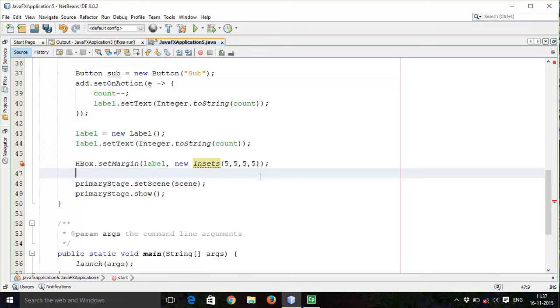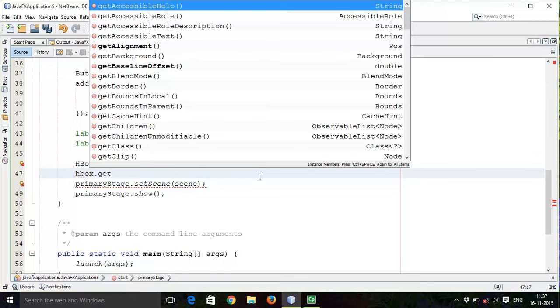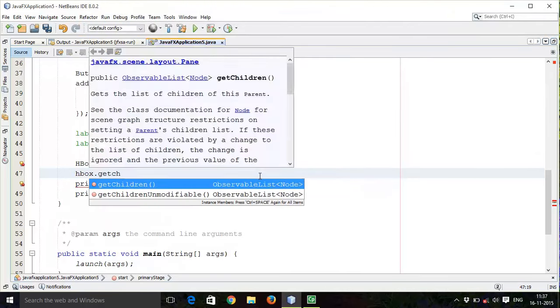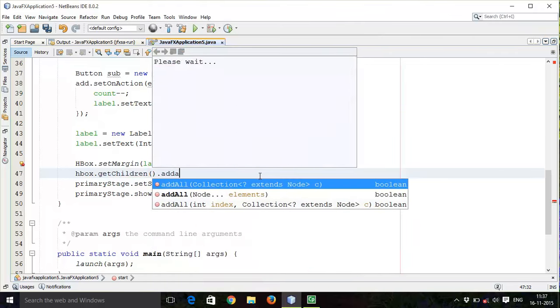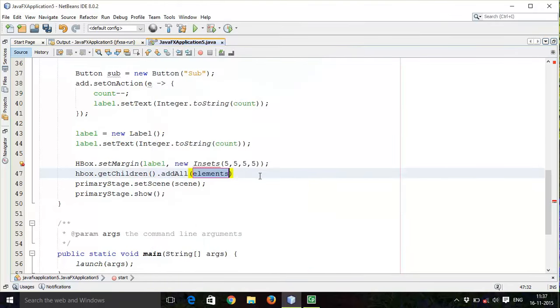add all the children elements in the HBox. So HBox dot get children dot add all. So first is, I will say label, then add, then subtract, semicolon.